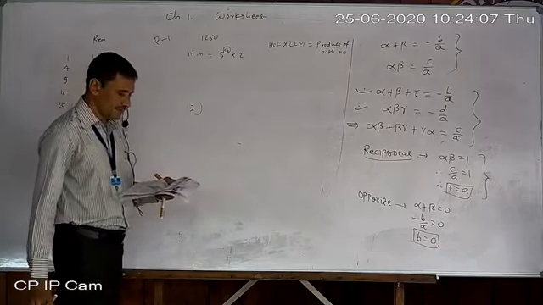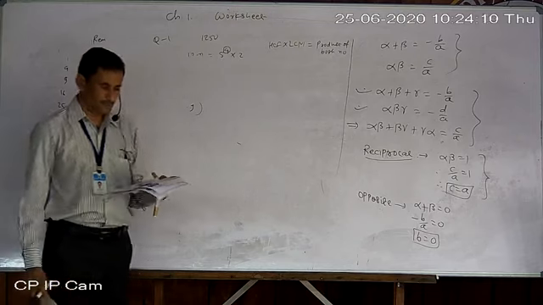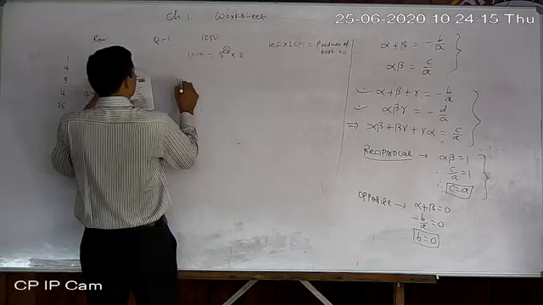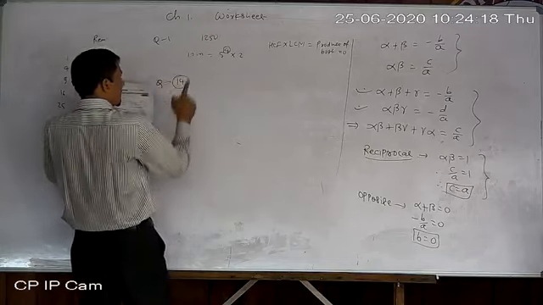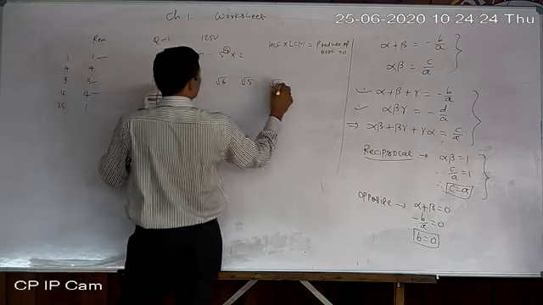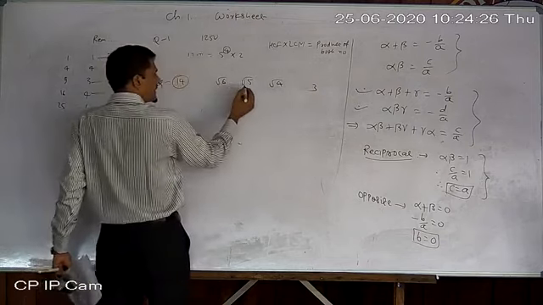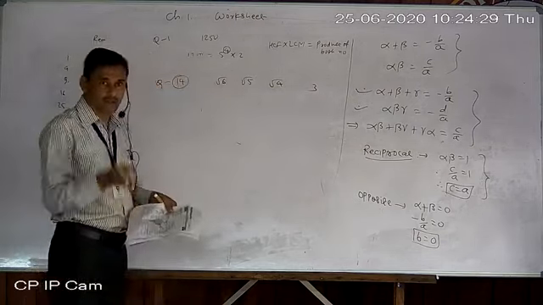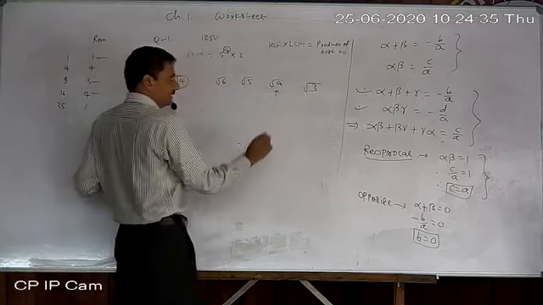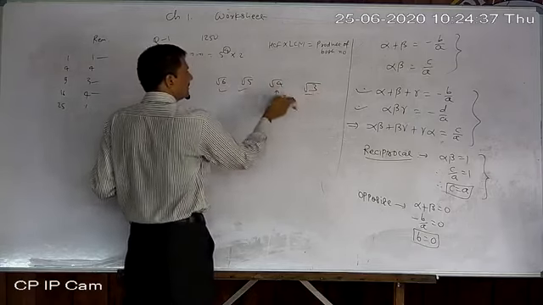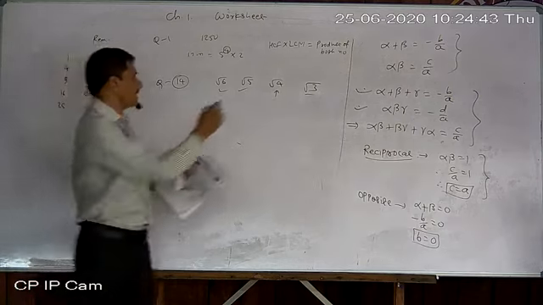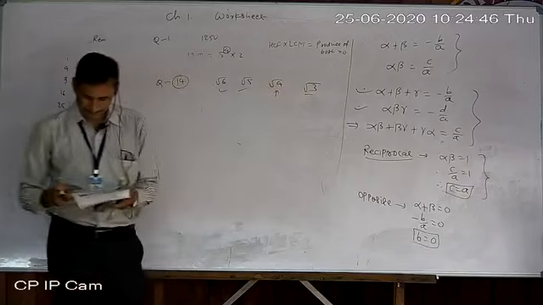Number 14, which one is not an irrational number? I am talking about question number 14, lesson number 1. So root 6, root 5, root 4 and 3. Irrational, irrational. Which one is not irrational? Which one is rational? Actually here is a mistake. It might be root 3. So this and this are irrational. Which one is not irrational? Root 4. So option C is the answer. Make the correction here. Just apply the square root sign.